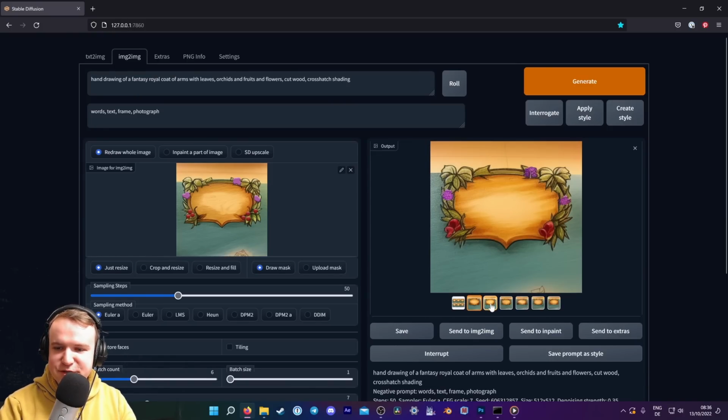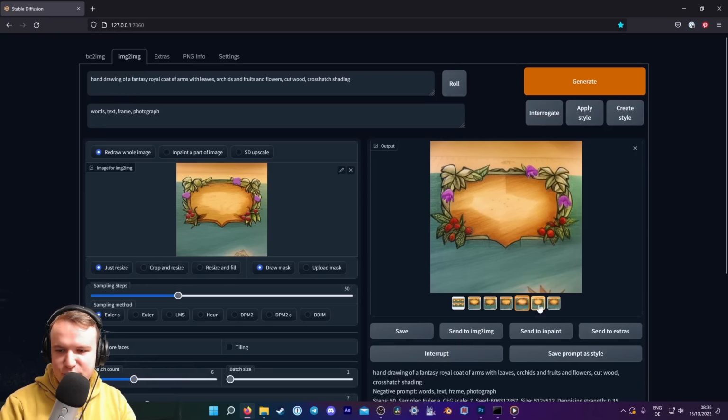Man, so many great options to choose from. Every one was better than the last. So this is cool. This is cool. Which one fits our style the best? This is kind of fruity. The flowers lost a little bit. So this one has an actual frame. That's kind of cool. This one has good shading. I'm going to take this one